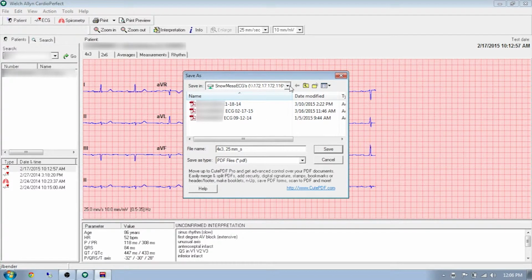It's then going to give you a drop-down menu. Each location will have their own title, but it will be dropping into community files. For here, you see Snow Mesa EKG and then the VPN address. What we're going to do is replace this file name with the patient that we're doing. For that, we're going to set the identifier as being their patient ID number, so their last three,